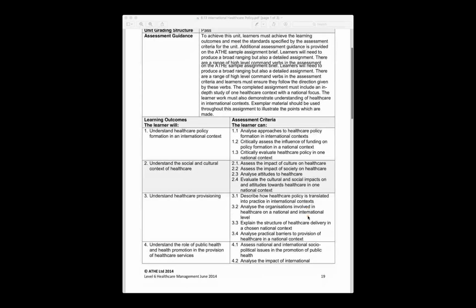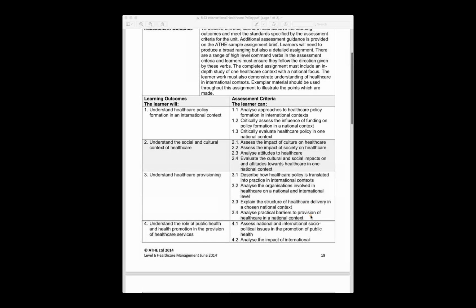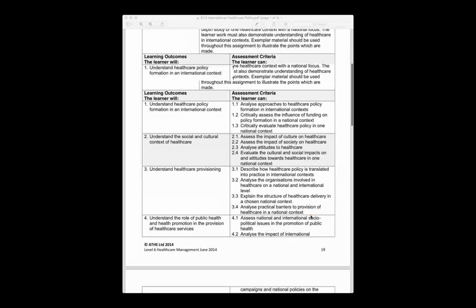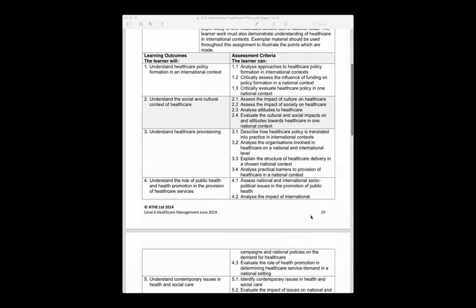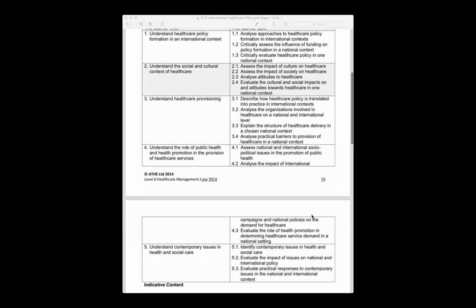Now, in the fourth link, we will look at some stage understanding, what are the issues related to health policy, or in particular, how the provision of promotion is done, to look at the generation of awareness campaigns, which will raise awareness in the population of the impact of healthcare if it is not followed. And in some cases, we will also look at how things are run in the national context. So in the case of the UK, for example, we look at campaigns which are run to look at various